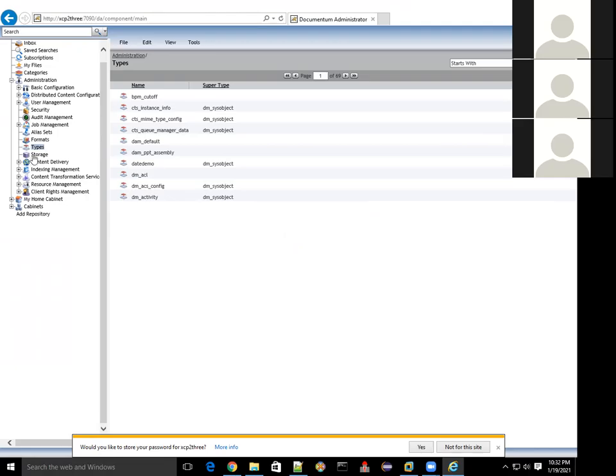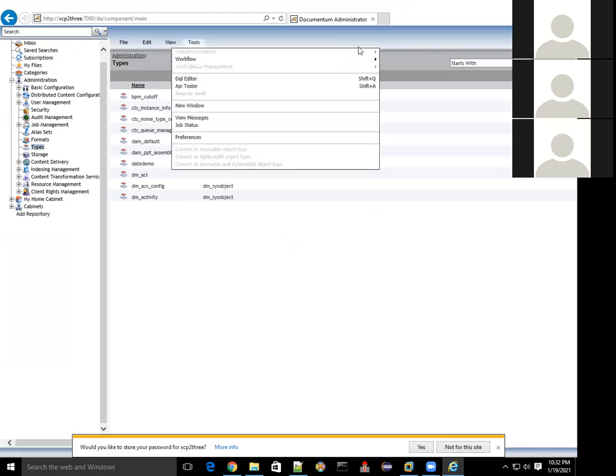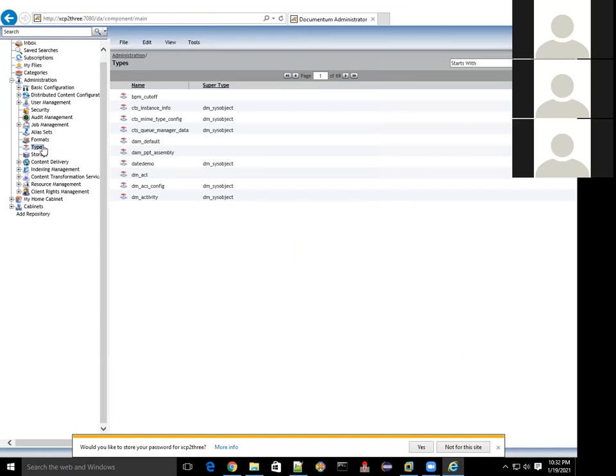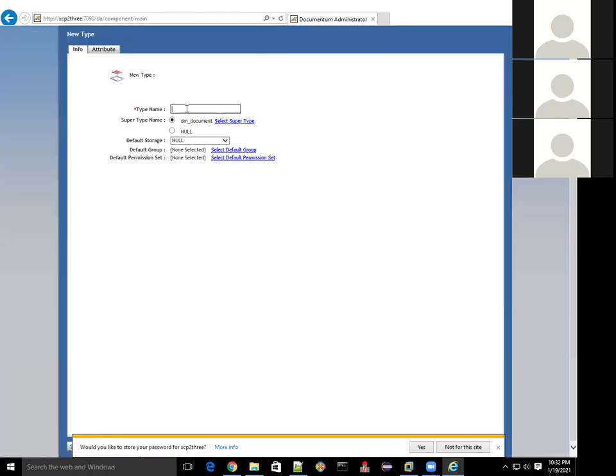Here's the type option available. Type, right? Go to the file, File. Okay. new type, right? Here's legal underscore doc,